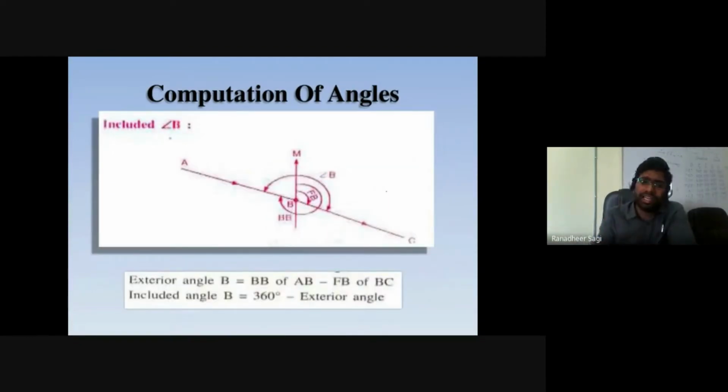Likewise, at any other point, if you are interested in calculating, you can do that and get your included angle. This particular case we also came across in the earlier problem. Sometimes it may not be so easy to directly calculate the interior angle. From the discussion or calculation, you might get what is called the exterior angle. From that known exterior angle, you can go on to calculate the interior angle of that particular traverse about that particular station position.